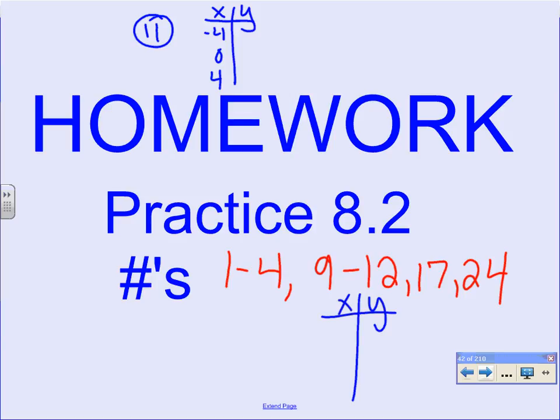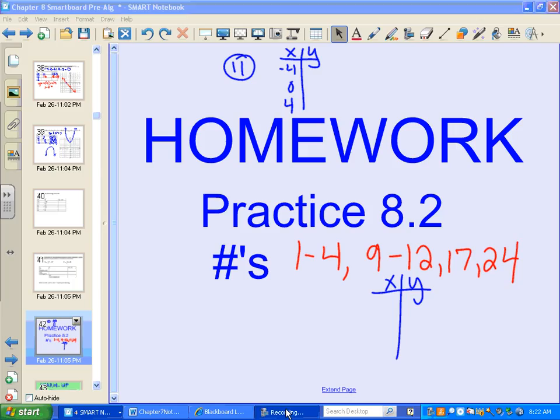Okay? That was a lot of stuff. Does that make sense? Okay, so what I did on mine is I made a table right next to the graph. So I want you to do the same thing. There's plenty of room to make a table. If you can do it mentally, do it mentally to find what y is. If you need to write out the work, that's fine. Any questions? Okay, and then please make sure that your homework is